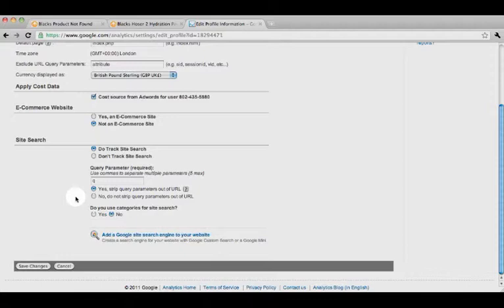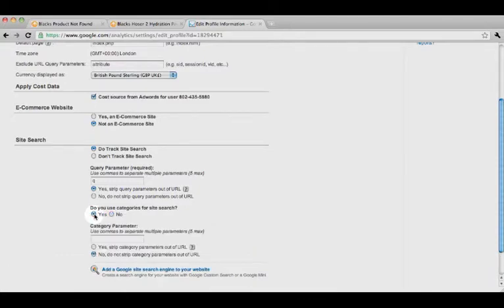Your website may also be set up to separate internal site searches into different categories, and if it is, then you can use this section just below. We're going to choose yes to do you use categories for site search, and what you'll find is that if your website is set up for categories of search, then there will be a parameter associated with those categories. So you might find something like search cat, so in the URL structure on the results page you might find search cat equals, and you could have something like search cat equals men or women or children,